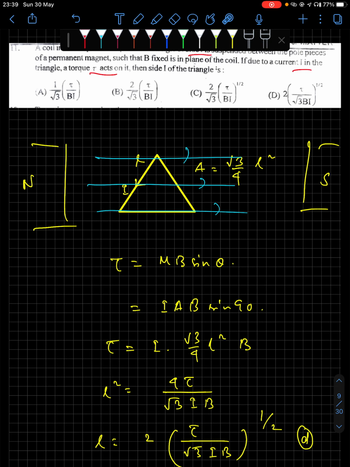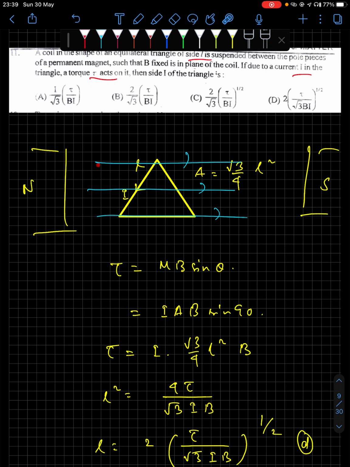Now if this is lying in between a magnet in this manner and B is fixed in the plane of the coil, B is passing through the plane of the coil, lying in this way. So in that case, the area vector concept: you have this plane, the plane of the copy or the display that you see right in front of you. The area vector is perpendicular to this, going outside the page, right? I'm unable to show that here. So this area vector, which is coming outside the page, is perpendicular to the magnetic field, and therefore you have this angle as 90 degrees.